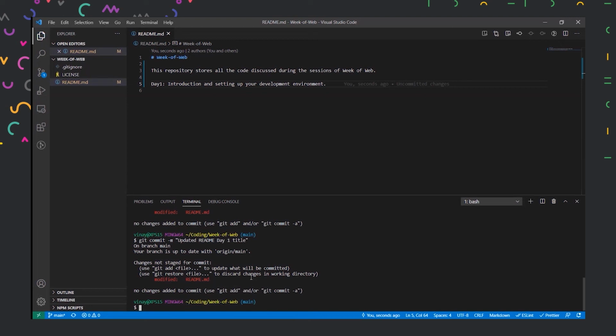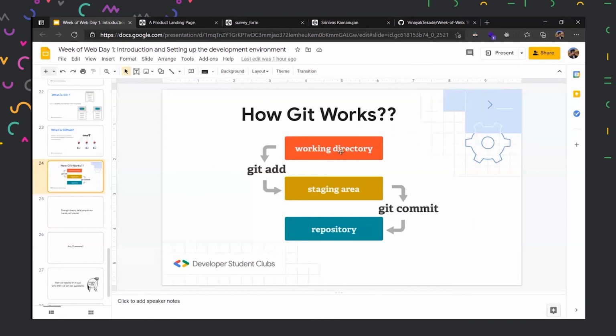And here we have created a change in our repository. All right, so before committing, what was the diagram I showed you? There is the working directory, there is git add. Do not forget that even if you have made changes to your code, it should go through the staging area, and then it should be committed, and then it can go to the repository. So we missed the staging area here. Never forget about adding the files to your staging area.